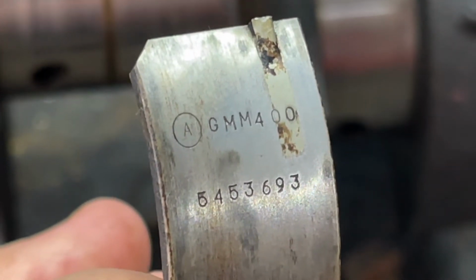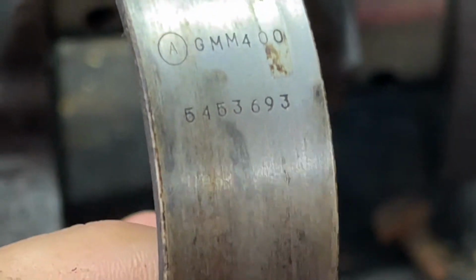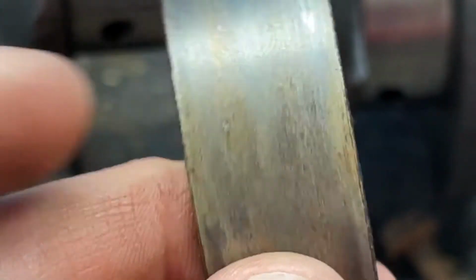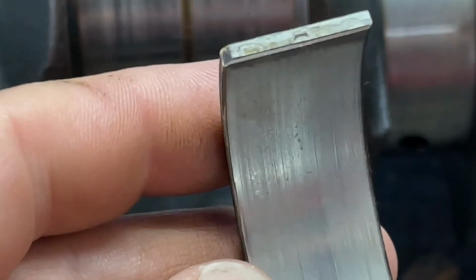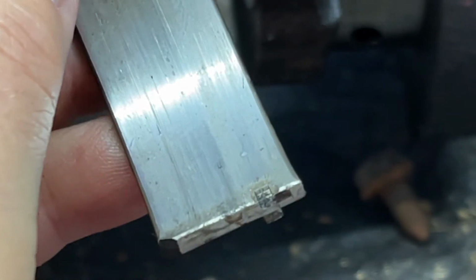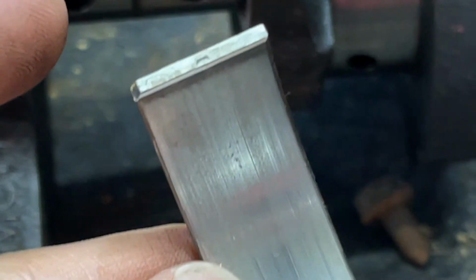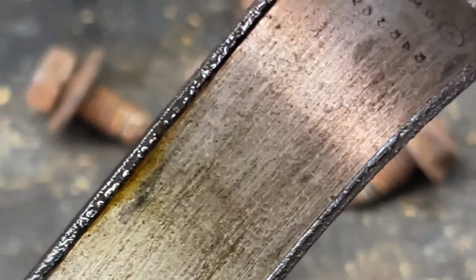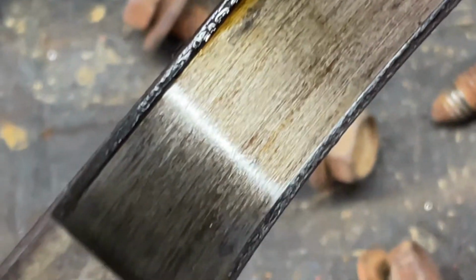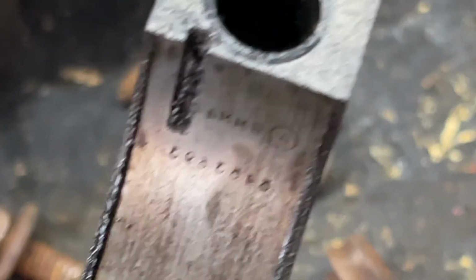Let's see, guys. Here's a look at that bearing, and all indications are this is a factory bearing, so it's never been touched. I'm the first person, I think, on the bottom end to pull this thing apart. And it's not too crazy scoring, pretty typical, pretty common. And then here's the inside of that cap. Again, you can see it hasn't been machined either. I guess my video reverses things, but